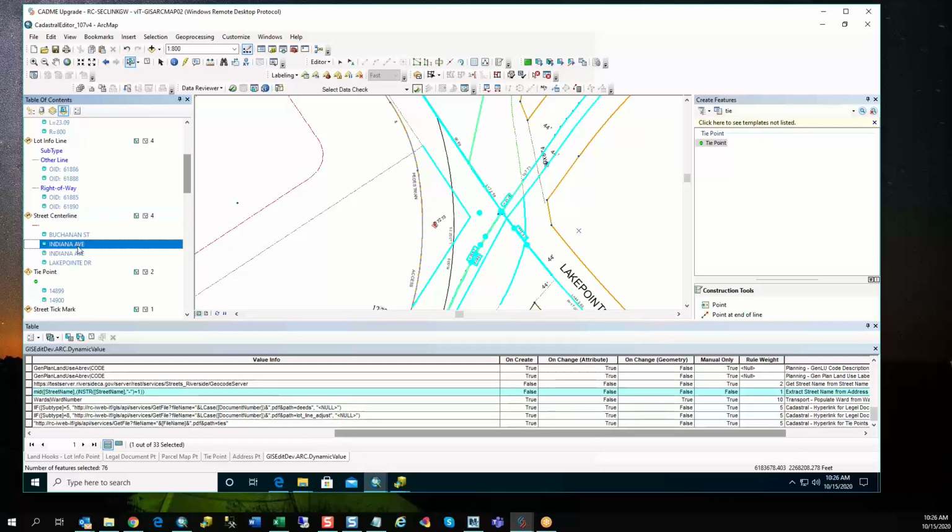Mm-hmm. So that's why it's having you choose multiple, and maybe that's why it's having a problem. But if you only had two streets, it would probably populate, right? Yeah, it will populate. If you think that it's not correct, then you have to manually change it to a different street. It will try and pick